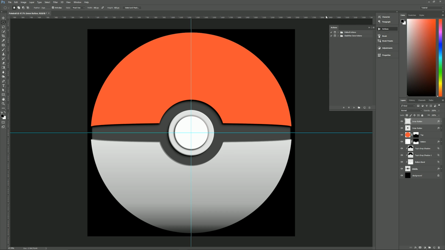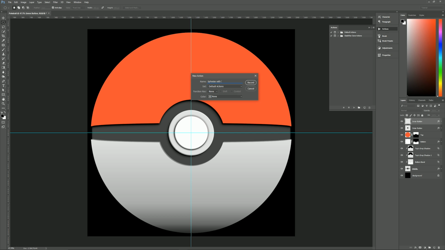Okay, so we're going to start by showing you how to create the action, then we'll go through creating the glass sphere, then I'll show you how to name and save your action. So let's get started with that. The first thing that you want to do is go down here to the little icon that says Create New Action. You're going to want to click on that, and we're going to name this Spherize